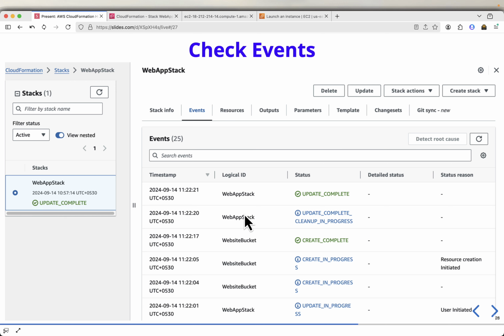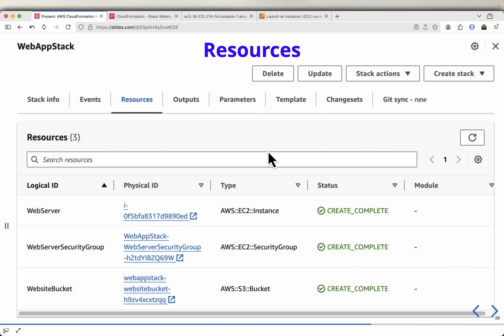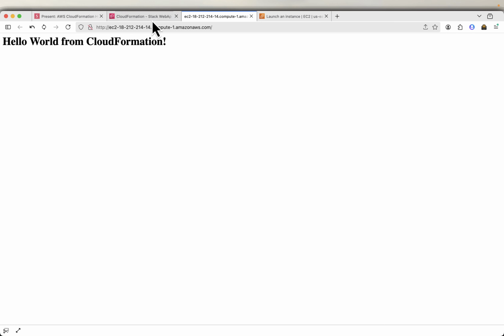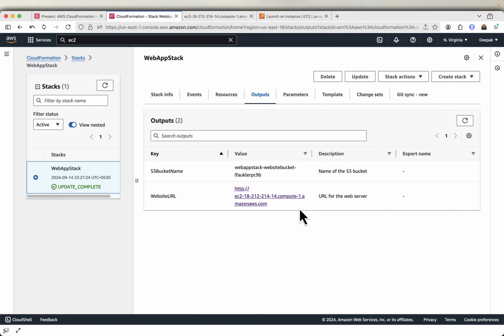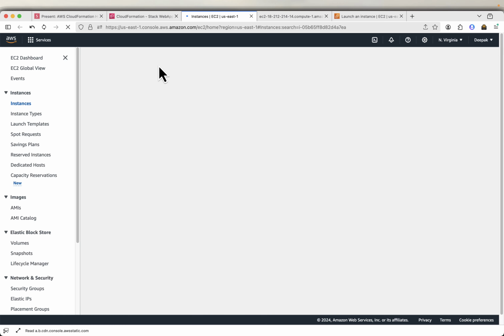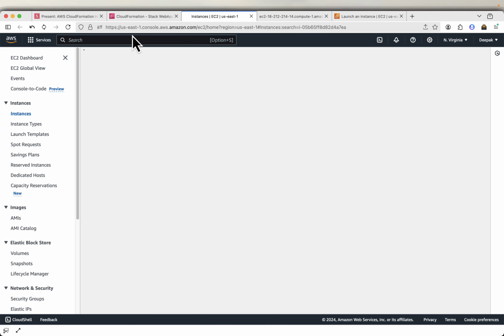So we have seen all this, and check events and resources and output. In the outputs there should be an S3 bucket name. It follows this particular naming convention, where there is the stack name and the resource name, and then followed by some random number, because we have not specified the S3 bucket name by ourselves. So at this point you can actually check out these resources. This way, if you just directly click, it will open a new tab, and you can check out the